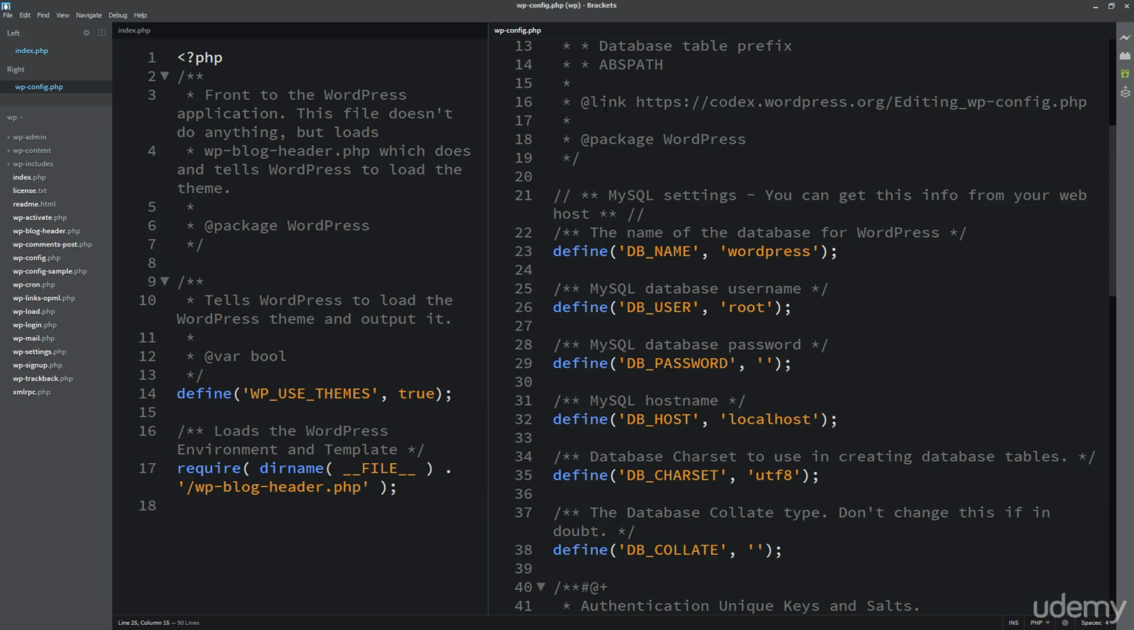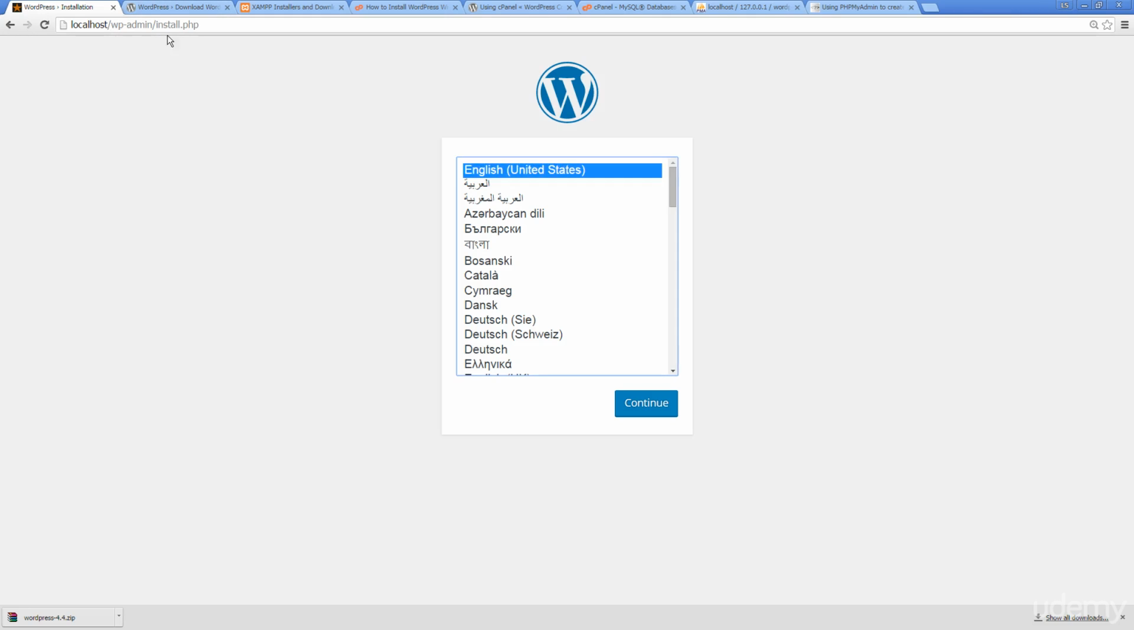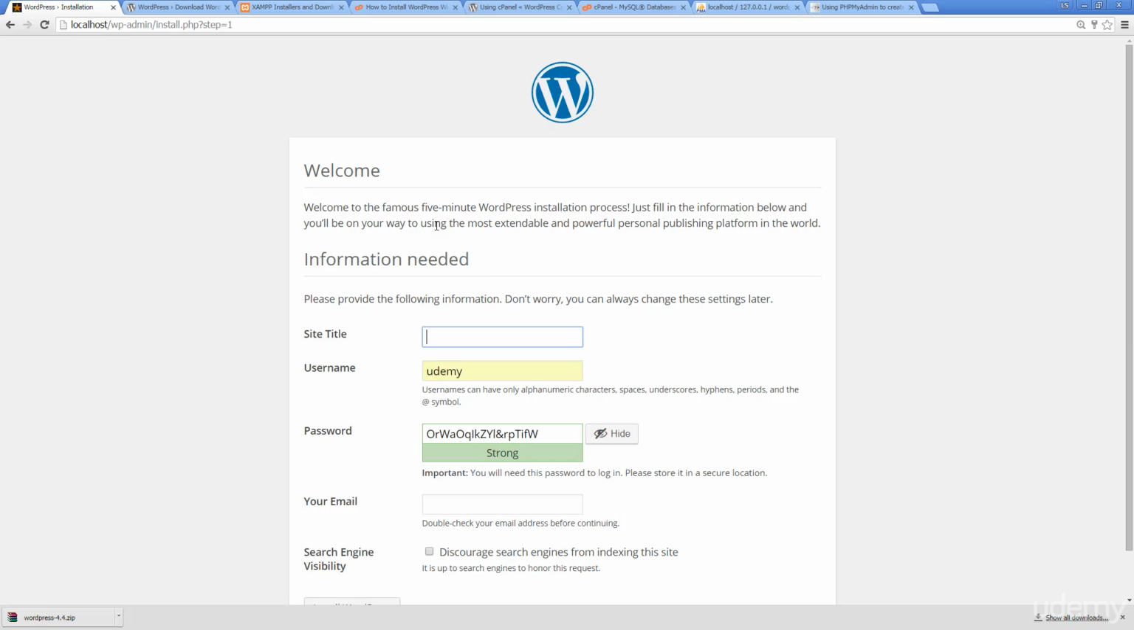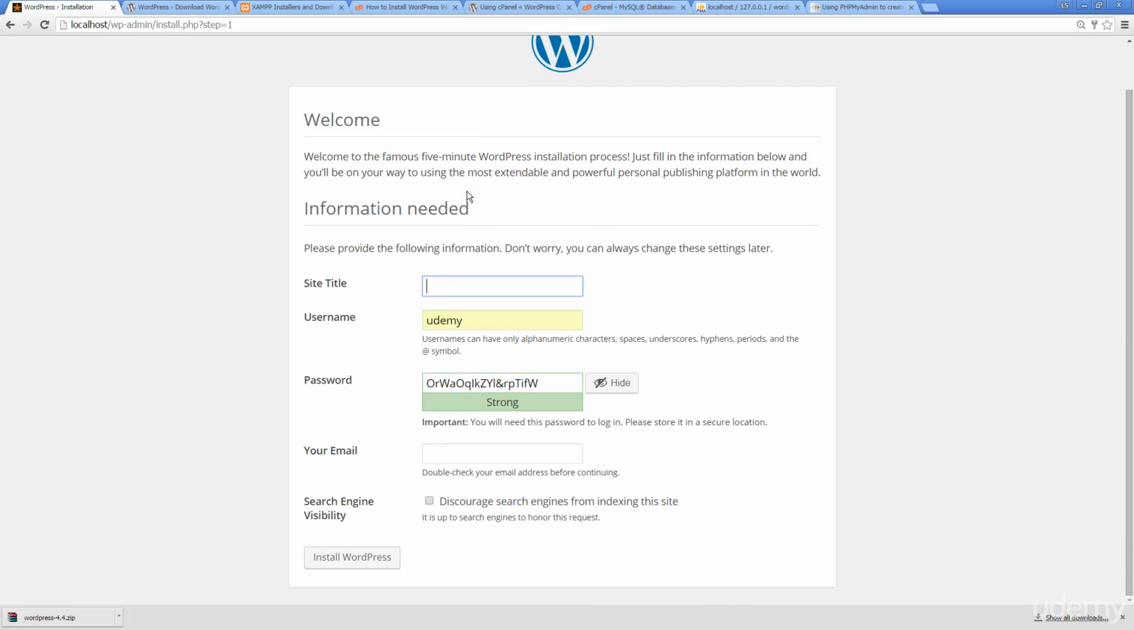So now I've gone ahead and saved it as wp-config, going back out, reloading, or just going to localhost, doing that install. And we can see here that it's picked up the database information, that config information, so it's not going to ask me that again. And here we've got our site title,